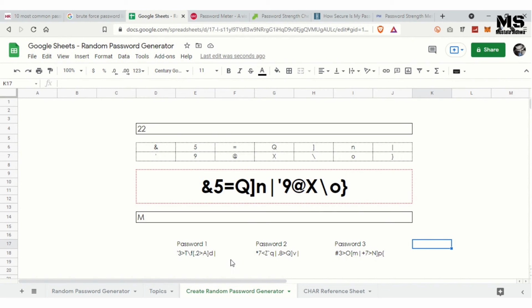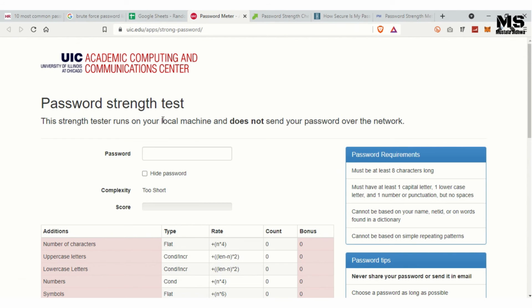So now let's test it. To test this, there are certain websites which will test the password to see how long it is going to take to crack these passwords using brute force. So one of the websites is uic.edu. So let's paste a password, and here you see it says it is a very strong password.